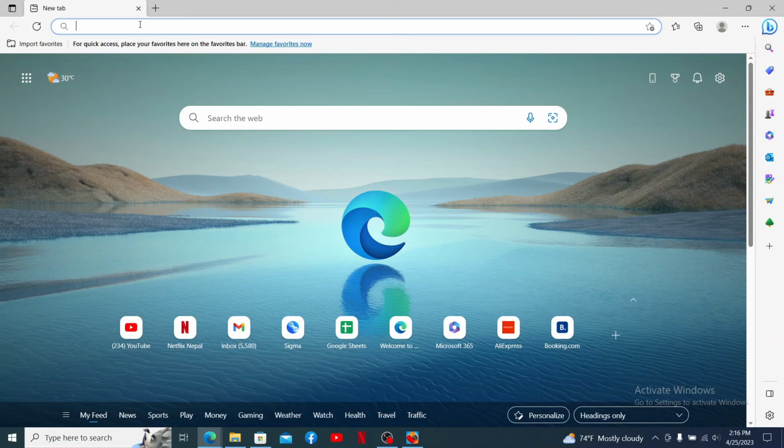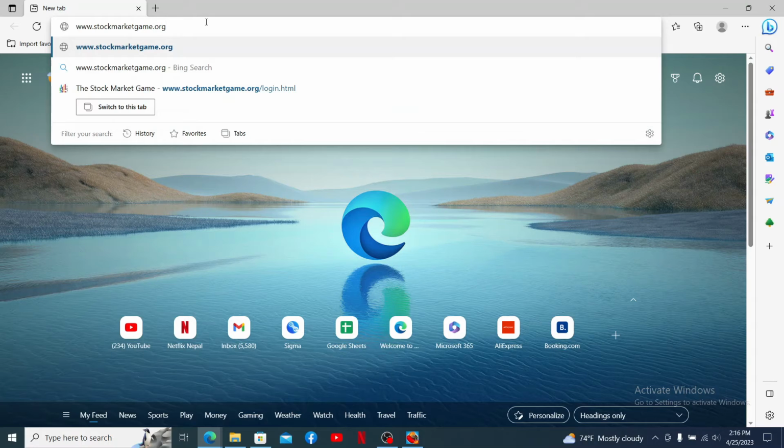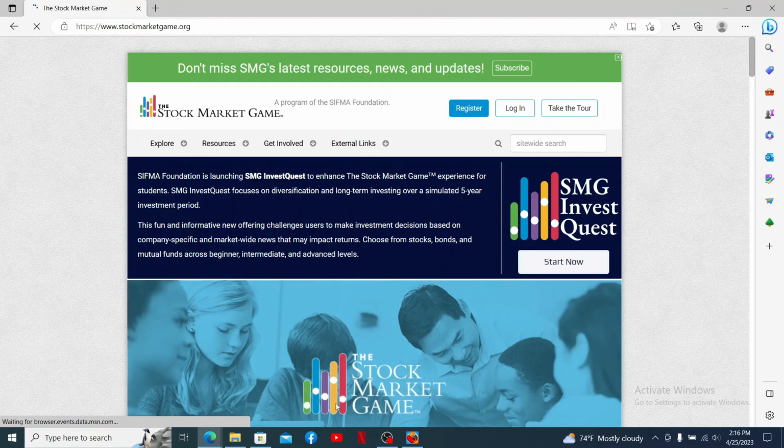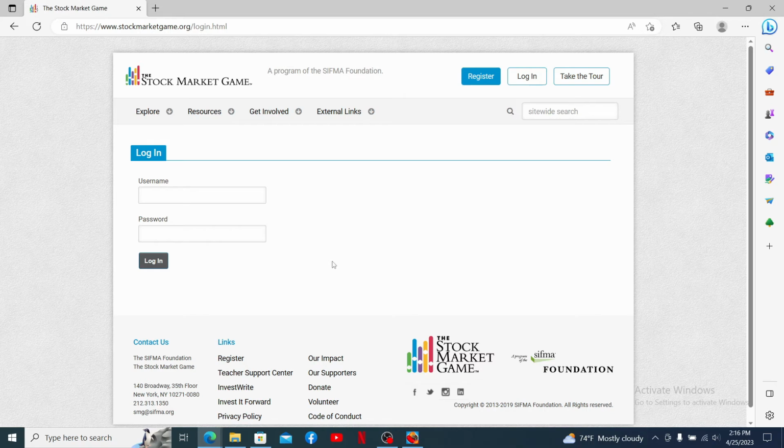Into the search box, type in www.stockmarketgame.org and press enter. Soon after you do that, you'll end up on the official web page of the Stock Market Game. Click on the login button at the top right and then enter your username followed by a password